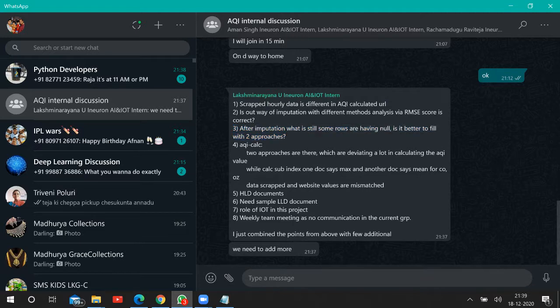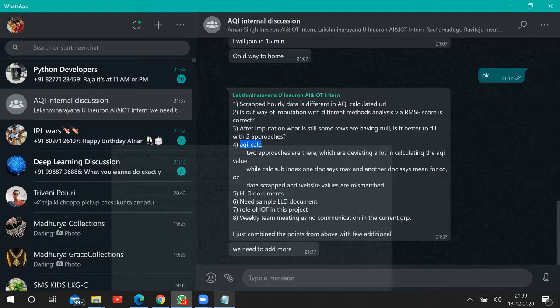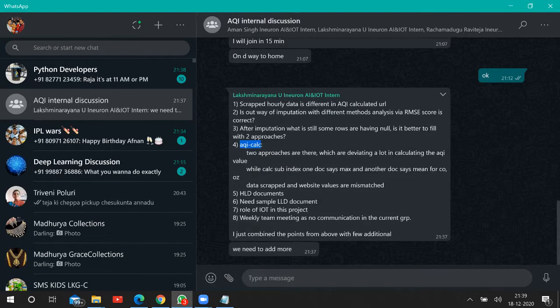Yes. Okay, and AQI calculation. Two approaches are there. This is your point, right? Whether it is open, this is just copy pasted actually. No problem. So means directly we can go through this, right? No need to open my sheet and see, right? This is the combined one. Yes, a combined one, which you pasted in the WhatsApp group previously. Okay, same thing, combined, added. So sub indexes we are not taking. That is one thing. Even for the fourth point, now we need some data, like a screenshot.